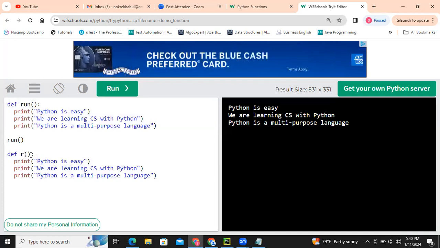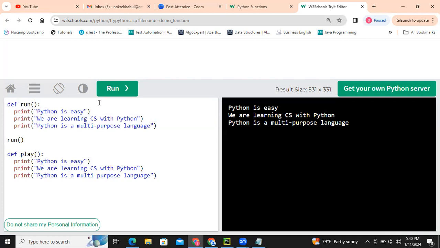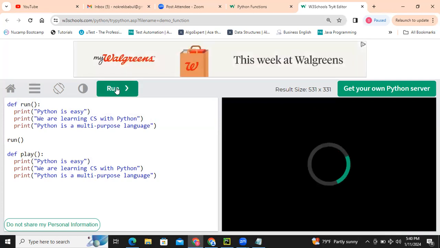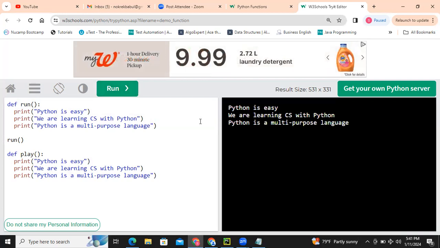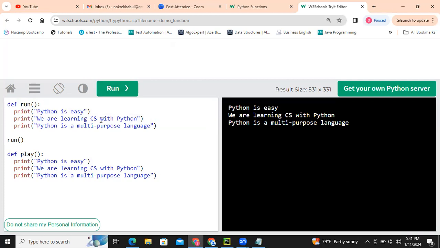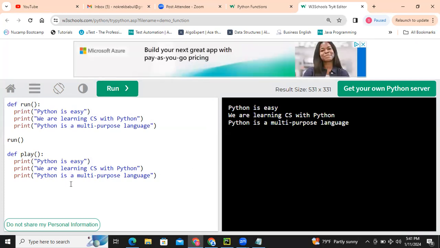Run, maybe this is play. Okay, so this is executing, but this is not executing because we haven't called it yet.